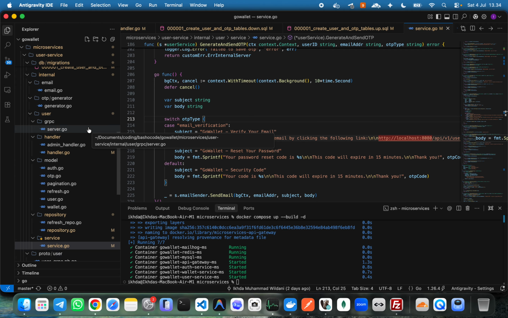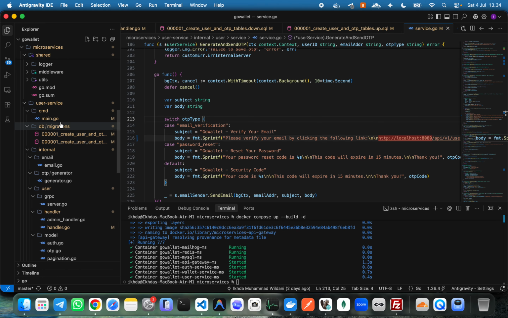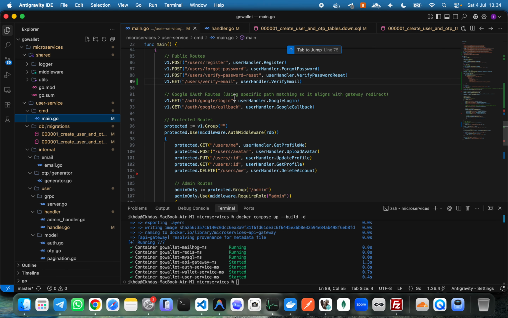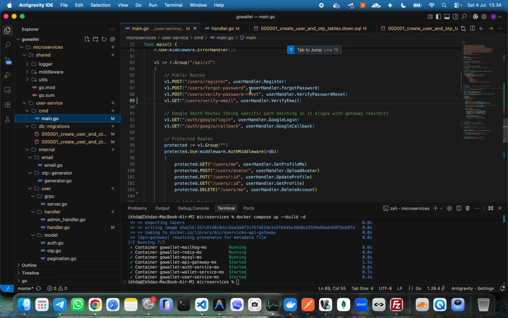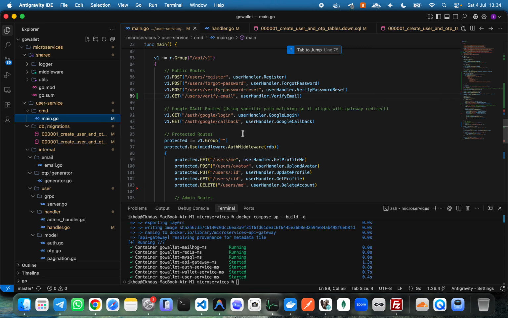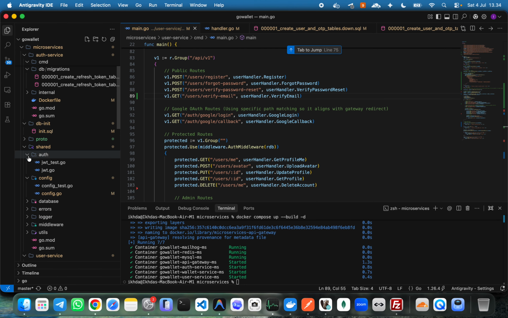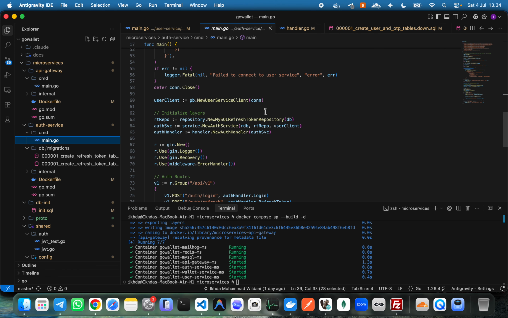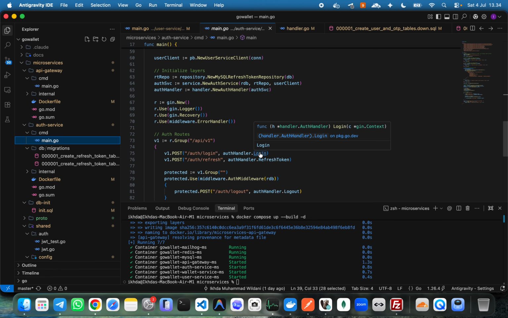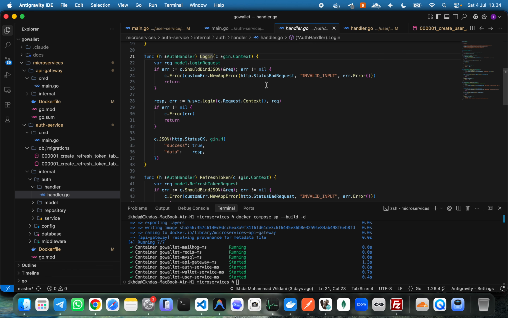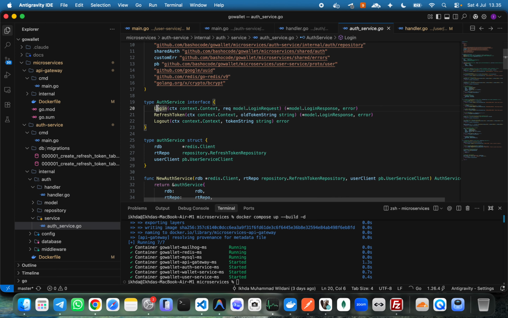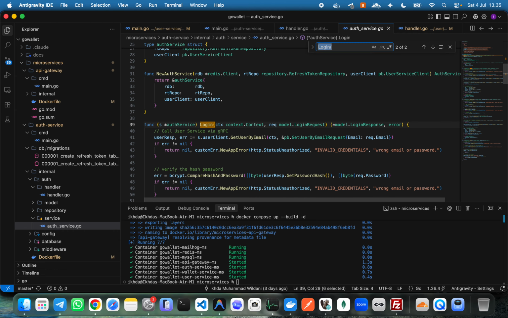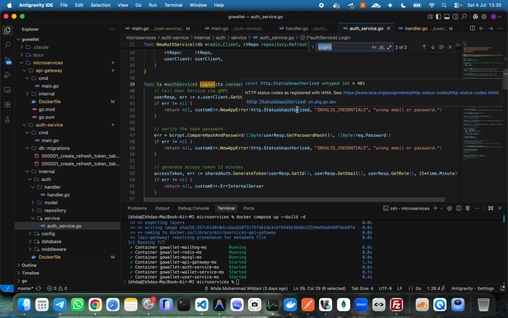I think inside the login function, inside the auth service, logged in function here. If the login, check get user by email,